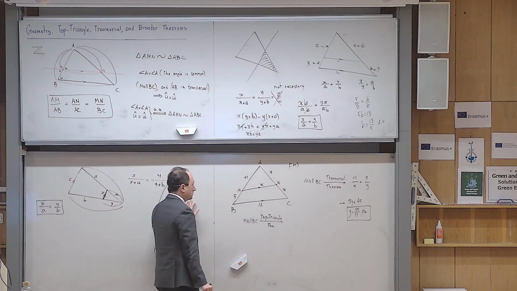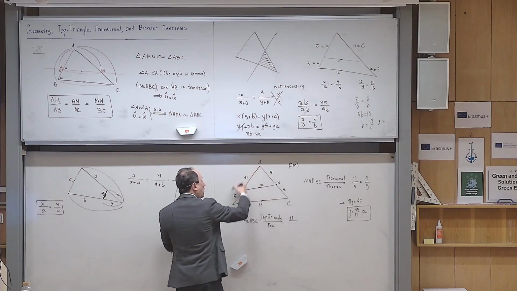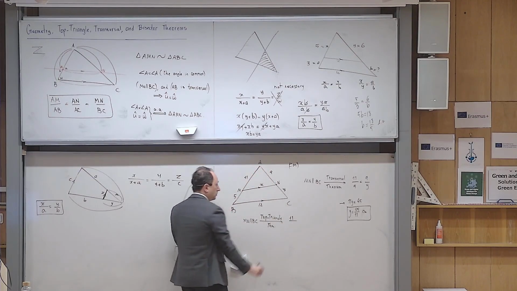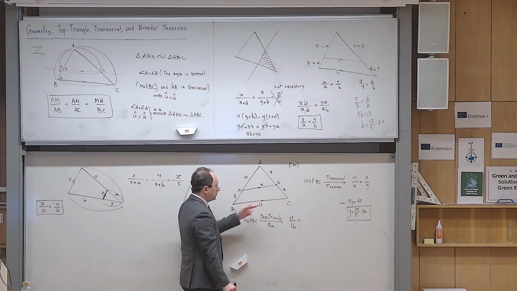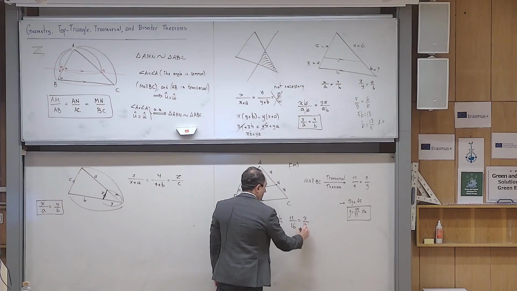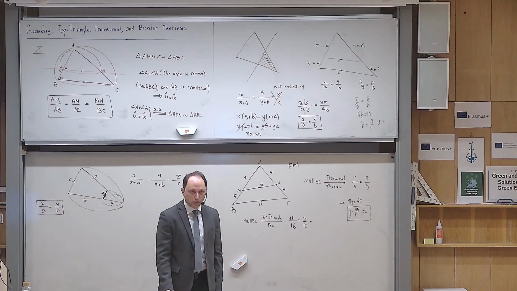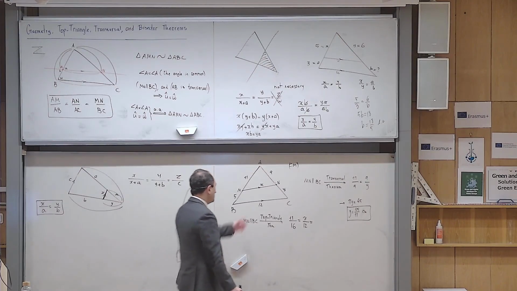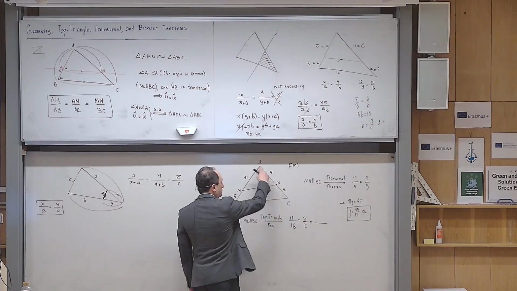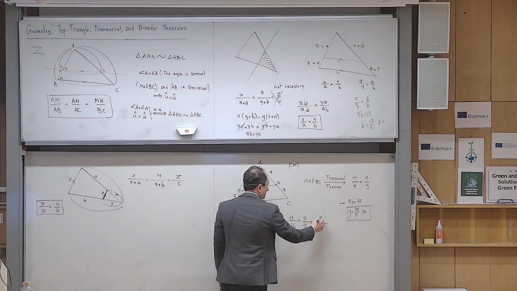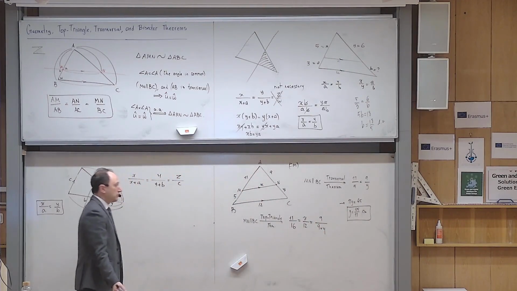What can I write? I can write 11, but over 16. Over the whole length, not 5, over 16. Then I am allowed to write X over 12. If I want to, I can use only this theorem to find both X and Y. Okay? So if you want to continue, you write 9 over 9 plus Y. So here, the top triangle theorem was enough,